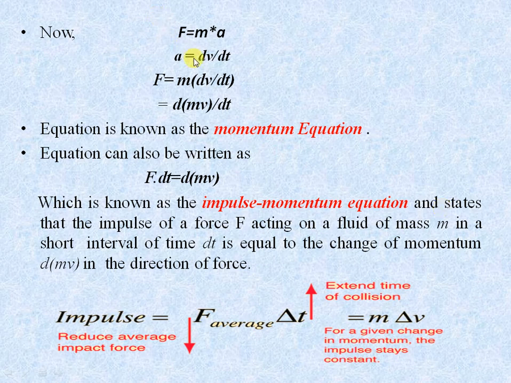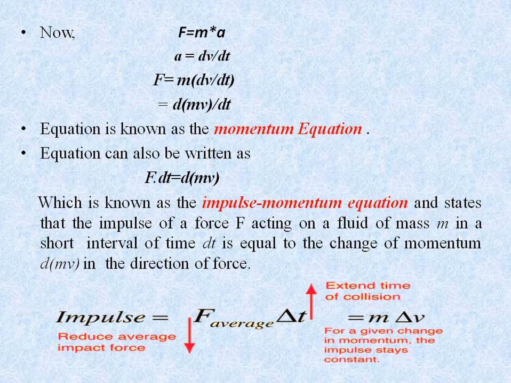Now we already discussed this, F is equal to m dv by dt. Mass is constant, so we will get F dt is equal to d(mv). M is constant, so we will get the velocity dv. So this equation is known as the impulse momentum equation and states that the impulse of force F acting on fluid of mass m in the short interval of time dt is equal to the change of momentum, that is d(mv), in the direction of force,